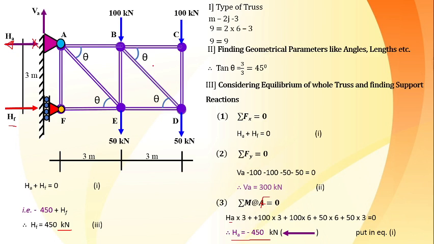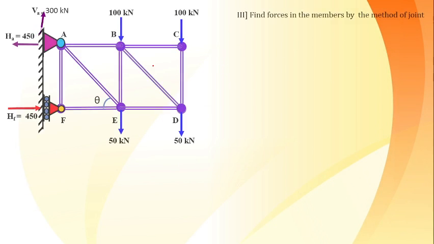For that, what are we going to do? Obviously, identify the number of joints, draw the free body diagram, and after understanding the free body diagram of that joint, assume the direction of forces and start with the joint having the minimum number of unknowns. Here you can see I have corrected the sign of HA, and I have shown all the known forces. Now the job is to identify or encircle the joints one by one.